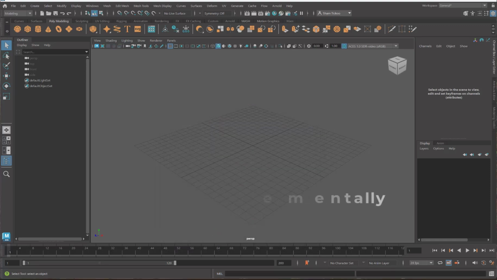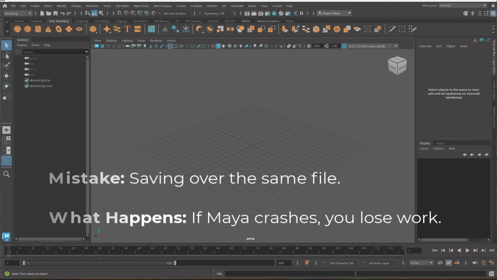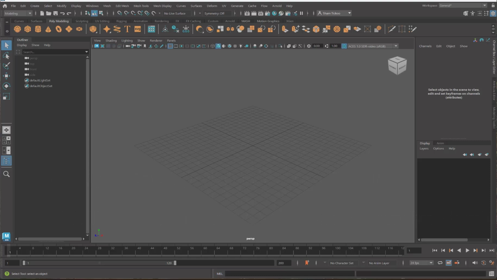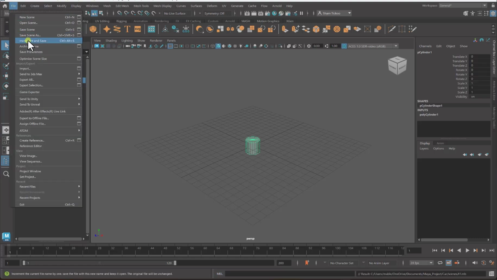Now the second tip is to save incrementally, so you don't lose your work. A big mistake beginners make is saving over the same file again and again. So what happens if you save the same file again and again? If Maya crashes or a file gets corrupted, your progress is gone. So what you can do is choose File, Increment and Save from the menu bar, or manually save versions